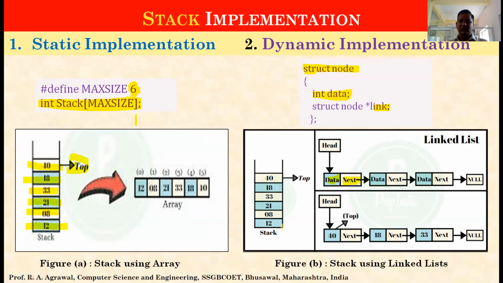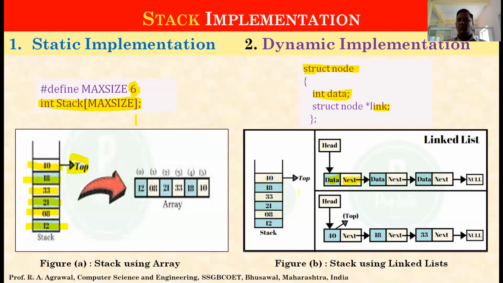Okay, so same thing, same values are being represented, but here you will use a head pointer which will point to the first node. The first value here will be data, next will be the address of the second node, to which the list is being connected, and that is the value of 8. So in this way, the 40 will be at the last position, which is represented by the top pointer, and its next pointer will be set to null because it is the last node. Okay, so this is how we implement stack using linked list.